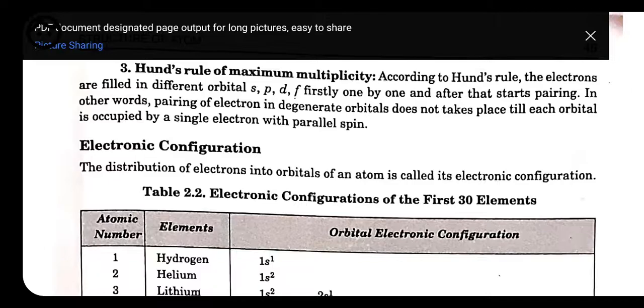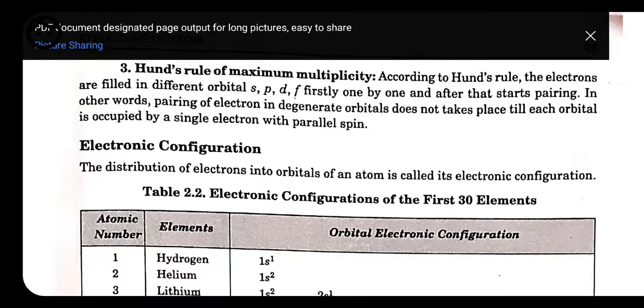So if we do the electronic configuration of nitrogen, it would be 1s2, 2s2 and 2p3. 1s2 means 2 electrons are present there because it belongs to the first orbit. Second orbit, that is 2s and 2p. So 2s2, 2p3. The s has 1 orbital but the p has 3. So 2 electrons are to be filled in the s. But what about the p? Because p has 3 electrons, these 3 electrons are to be filled in all the 3 orbitals.